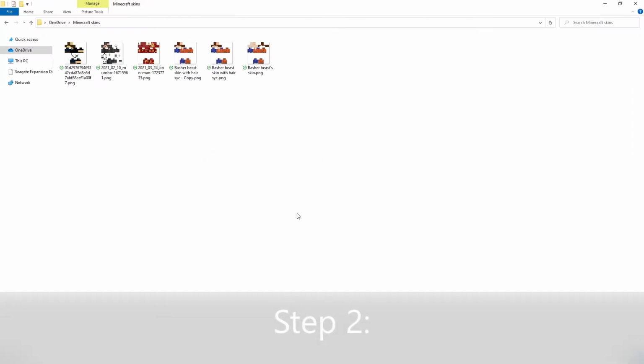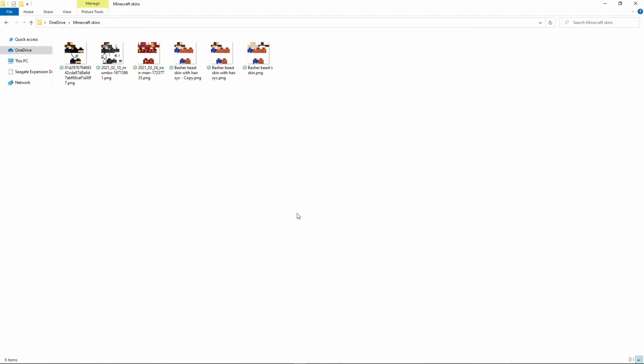Step 2, you go to File Explorer, or if you're on Mac, then wherever you like your File Explorer is, and then you go to Downloads, which will be like your Downloads tab, and you press the very top one, and it's .png. And then what you want to do is either leave it there if you really want, but I would recommend making a folder for all your Minecraft skins. They're not big files, they're tiny files, you can have loads of them, so make a folder like I've got for all my Minecraft skins here,